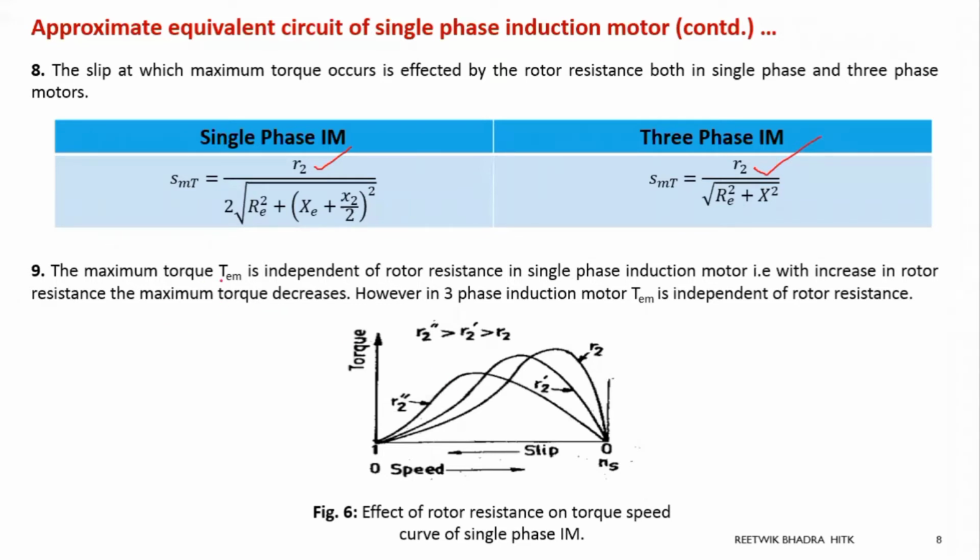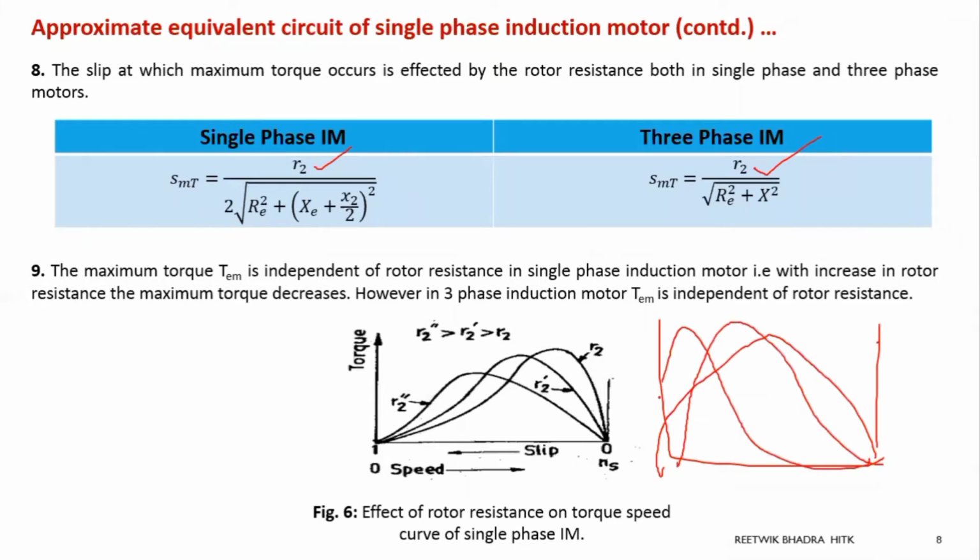But what change is there in your Tem? If you recall your three phase induction motor, I had given a quiz question also. Many of you have done correctly. Very good. That your maximum torque was independent of your R2. Whatever maximum torque you are getting for a three phase induction motor was independent of your R2. If you change the resistance also, this peak was remaining constant. But you will see that as you go on increasing the resistance, the maximum torque goes on decreasing. So it's a difference between a single phase induction motor and a three phase induction motor. Your maximum torque goes on decreasing with change in your R2.